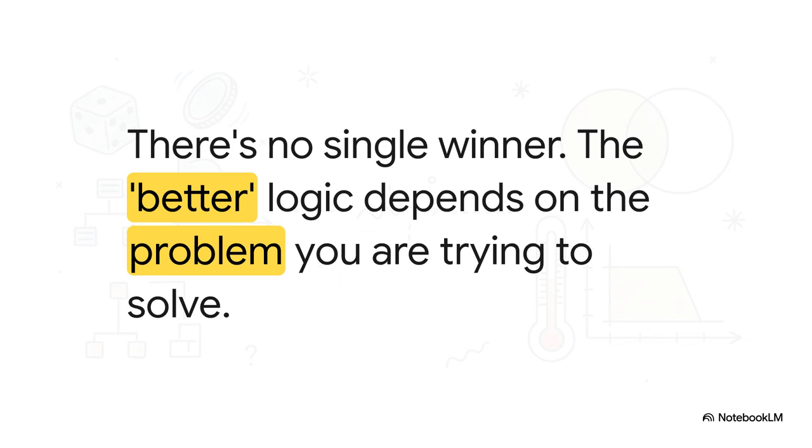So who wins? What's the final verdict? Well, the truth is, there isn't a single winner. It's all about picking the right tool for the job. If your problem is all about clean, known probabilities, like analyzing a network that drops packets at a certain rate, then the probabilistic Mu calculus is your guy. But if you're dealing with messy, real-world stuff like ambiguous sensor readings or vague human concepts like safe or fast, then the fuzzy logic approach is going to be way more useful.